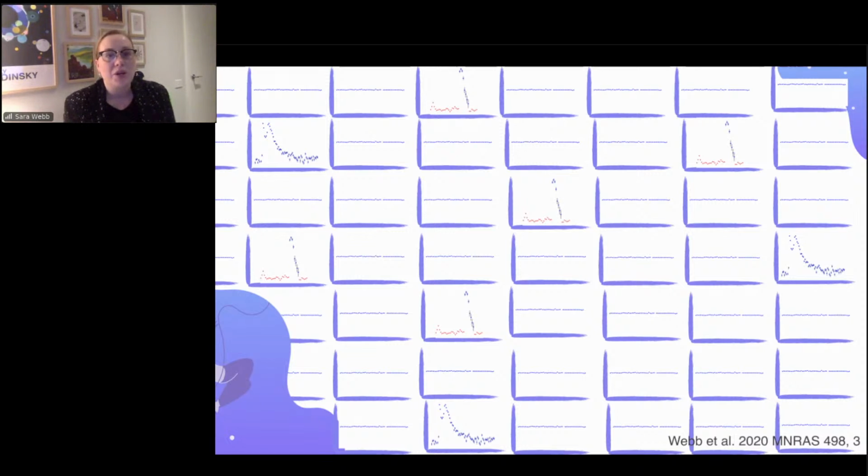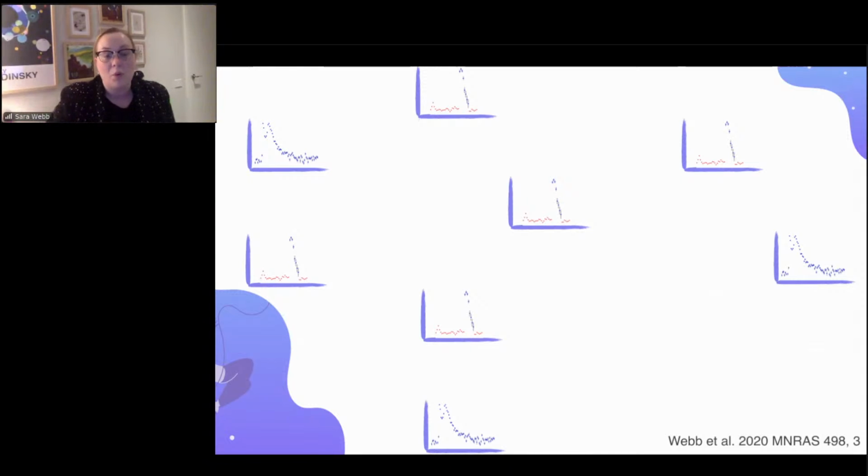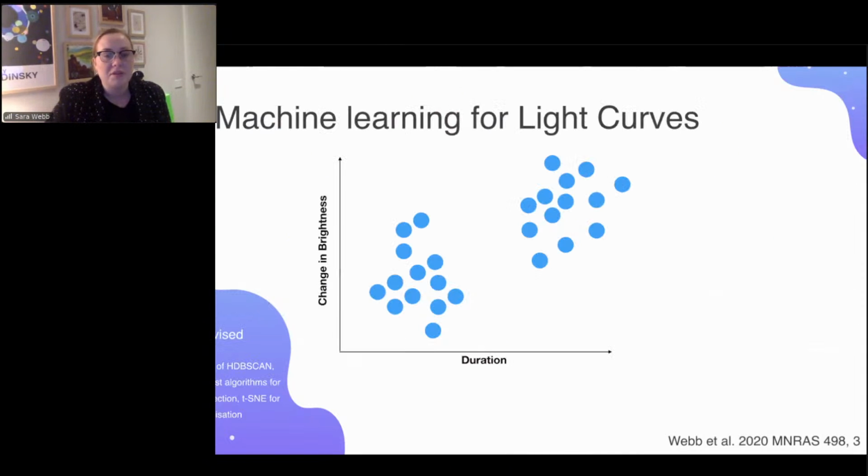So we wanted to use an unsupervised approach because we really did just want the data to speak to us and tell us what is standing out amongst the background of the data that really is unchanging. So unchanging sources, and then pop them out to us. So just a quick overview for anyone who's not familiar with a certain type of unsupervised machine learning, which is clustering. There's many different types of clustering algorithms, and at their very base, what we're trying to do is express our light curves with some properties.